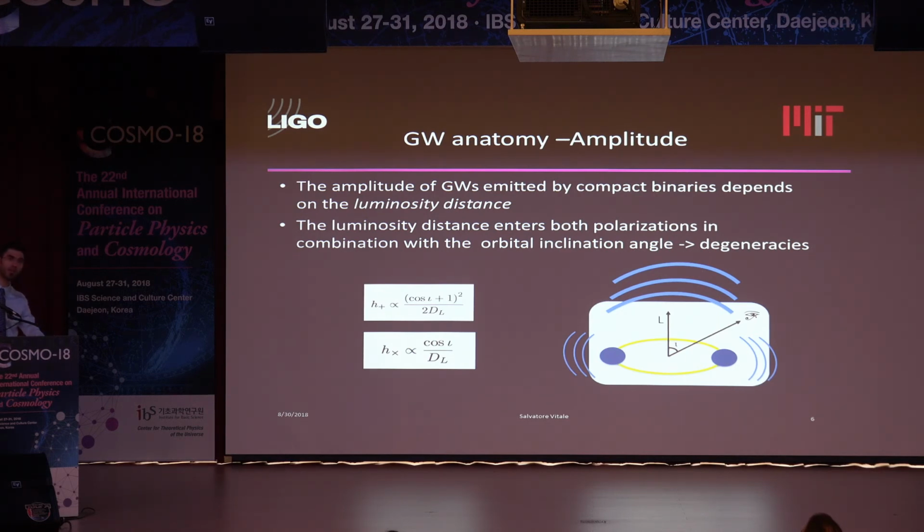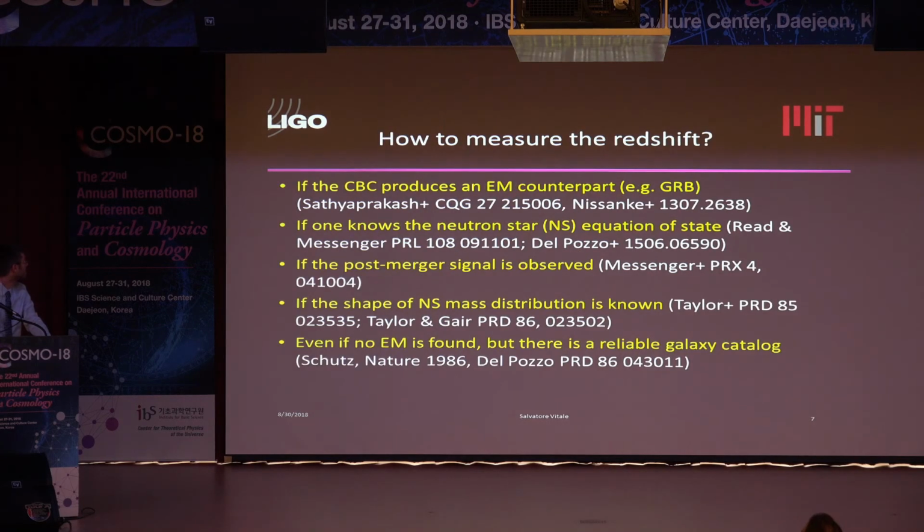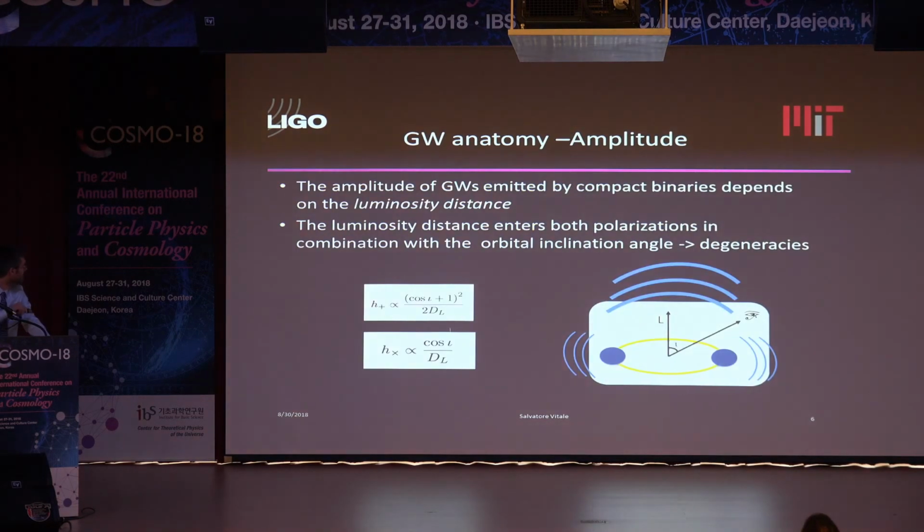So once you fix the signal-to-noise ratio in your detector, you can obtain that SNR in two ways: by a source which is farther away but oriented with L coming at you, or a source which is closer but more tilted. That's the physical reason why we have this correlation, or rather degeneracy. All right, so that's to give you the idea of how we measure the luminosity distance, and physically, but that's